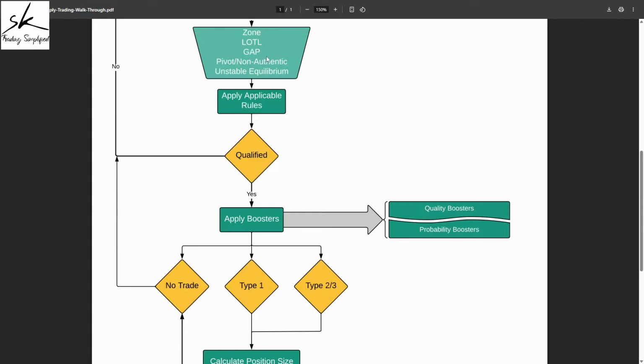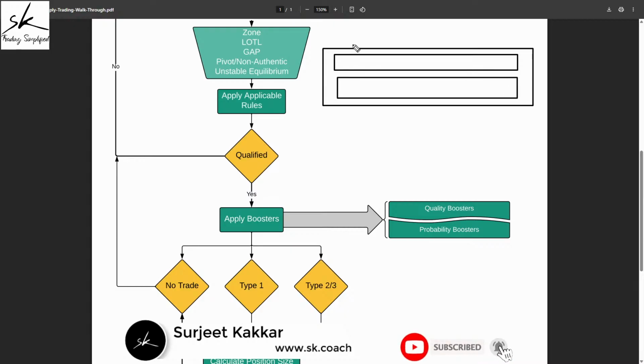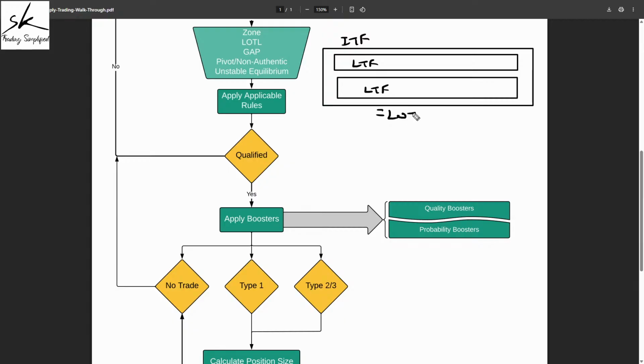And that is the reason level on top of level is the very first condition we check. Now, how do we verify this? It's a very simple concept. If you have an intermediate time frame zone and the same intermediate time frame zone divides into multiple zones on the lower time frame, we call it a case of level on top of level. So to be a case of level on top of level, my lower time frame zone has to be completely inside the intermediate, which we call a coinciding level. If you have a coinciding level, the possibility is it might be a case of level on top of level. But if you don't have a coinciding level, it can never be a case of level on top of level.